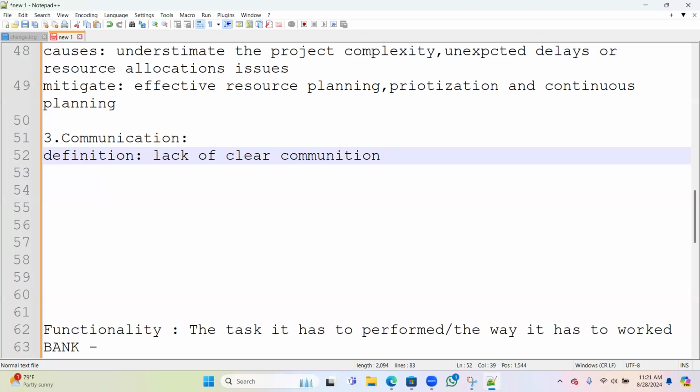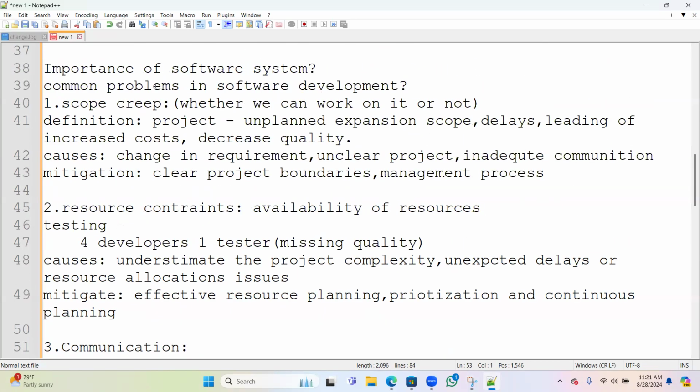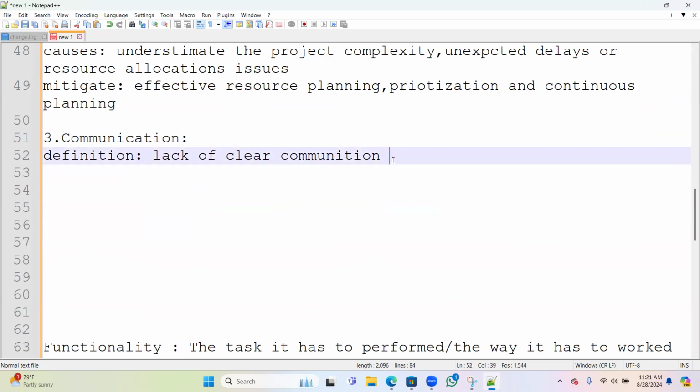So because of that, if you are working with the project, it's not only like we will work from our own space or our country. It might be we will be working with other country persons as well. So in that case, if you have a lack of communication, even that can cause problems in the software development. Okay. So